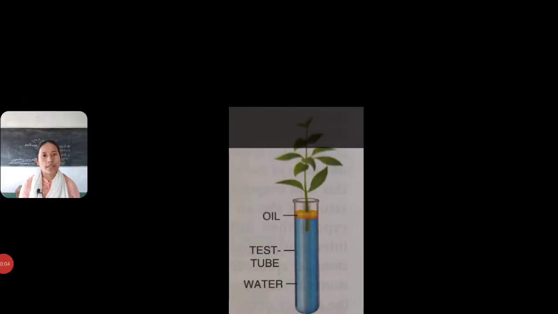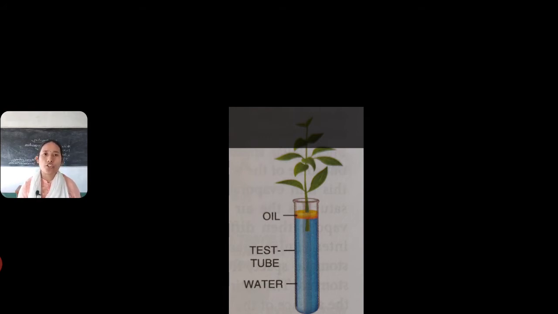Next we will be discussing the potometer method. This experiment is also to prove that water is being lost through the leaves of a plant only. It's a test tube method. You will take a test tube, fill it with water, and insert a shoot of a plant. You will obliquely cut the shoot and insert it into the test tube, and on the surface of the water you will put a few drops of oil. Why are you putting the oil there? So that water evaporation does not occur through the surface of the water. In order to prevent that, you are putting the oil.